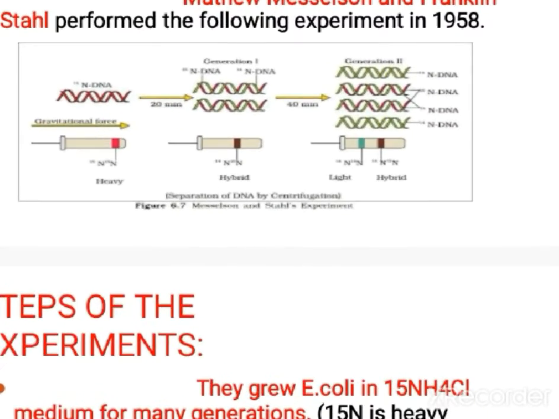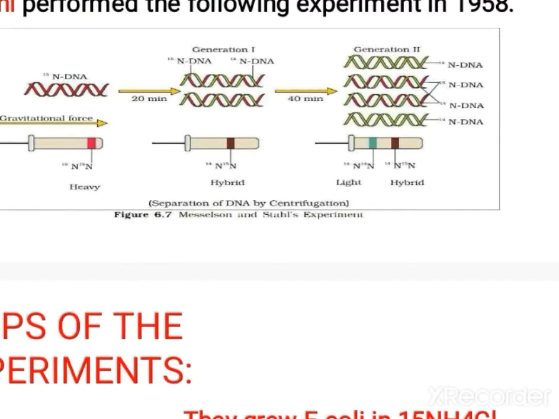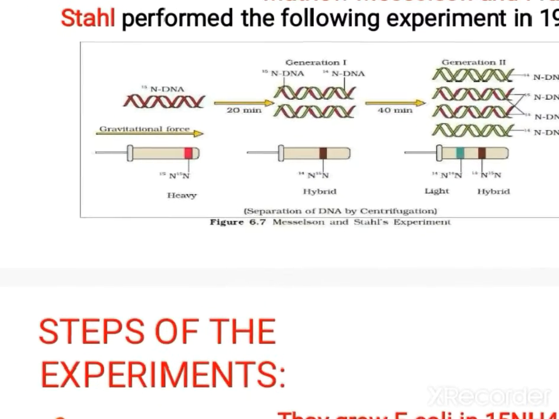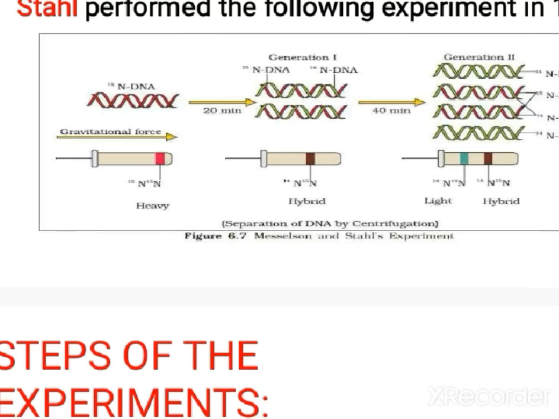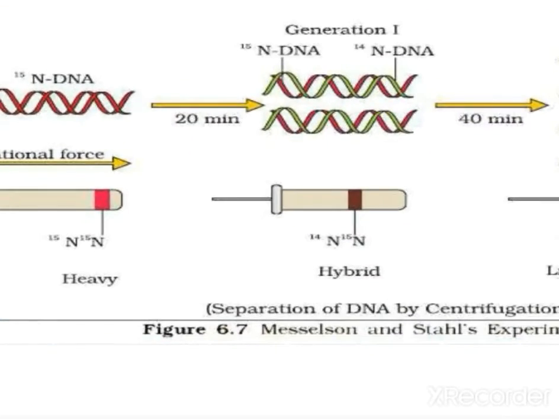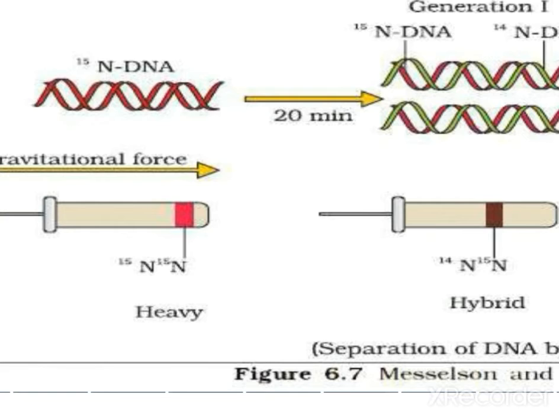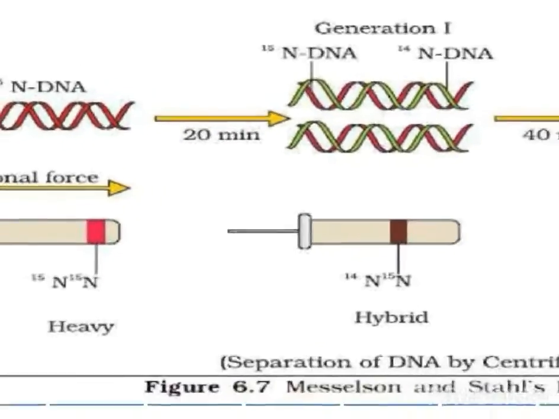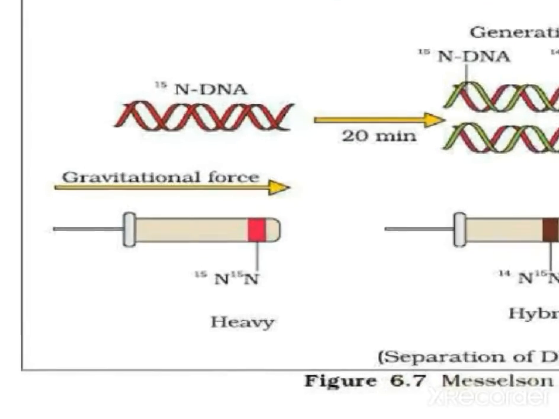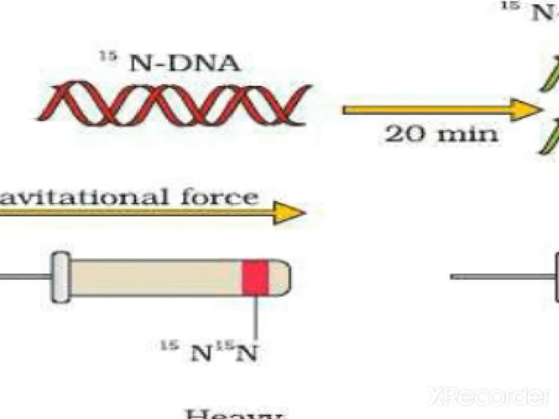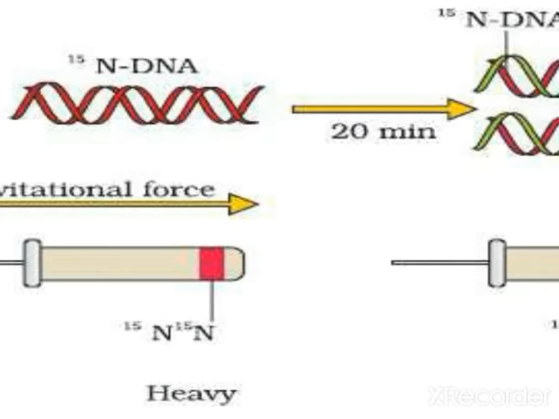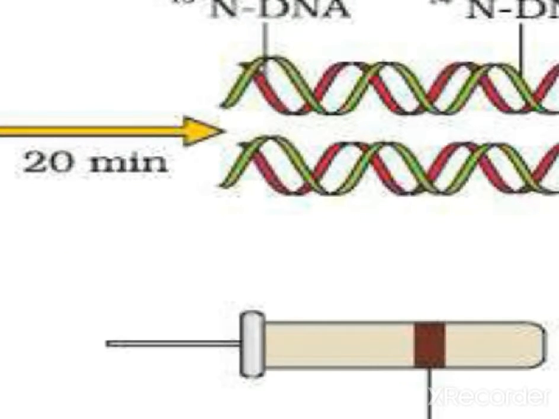In this experiment, they took the DNA of E. coli bacteria. It was grown in the medium that is N15 medium. N15 is the heavier medium; it is not a radioactive medium, actually it is a heavier medium. Later it was shifted to N14 medium. You can see it has been colored here. Actually it is not showing any color, but for diagrammatic purposes, for understanding, they showed the coloring. Here the N15 medium is shown in green color.